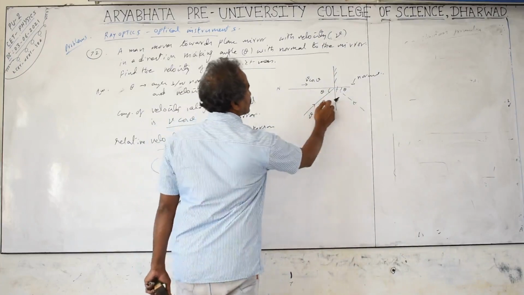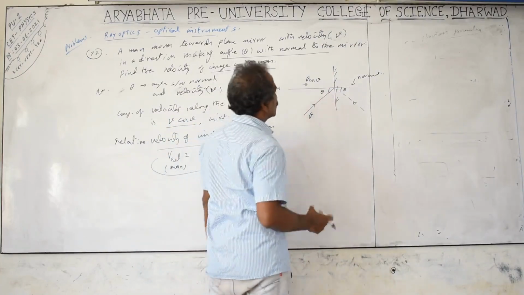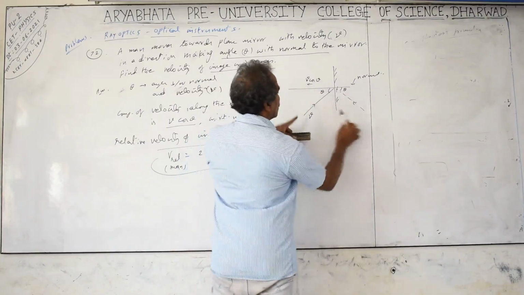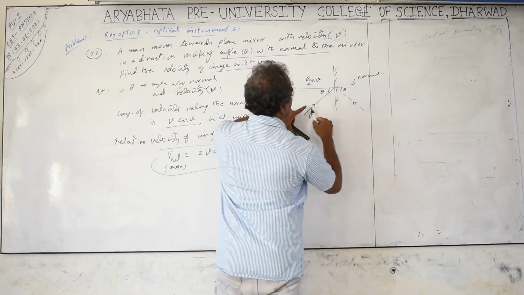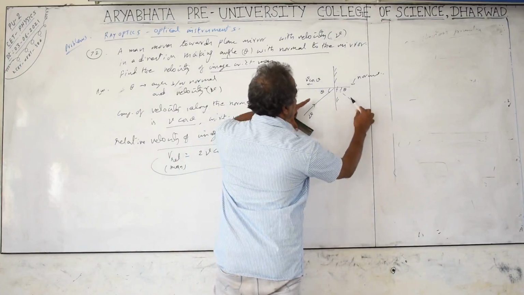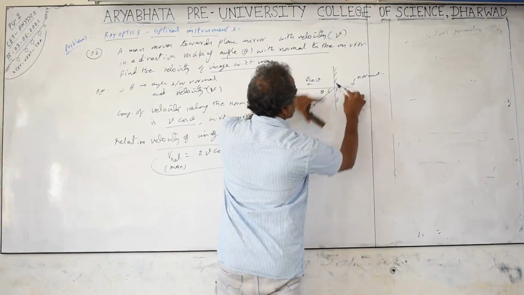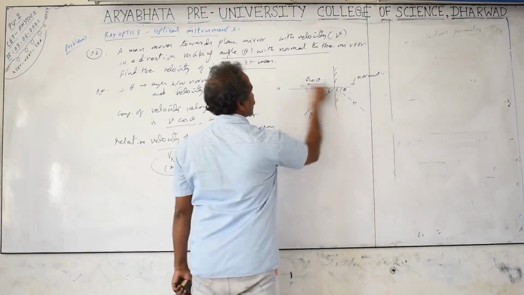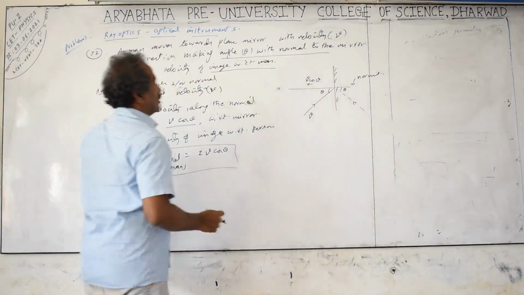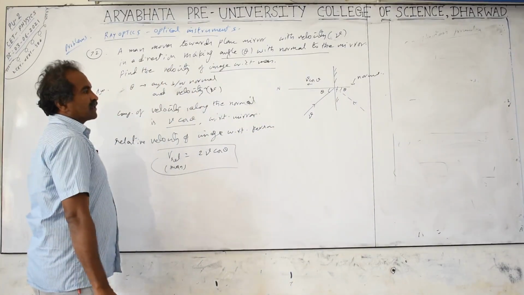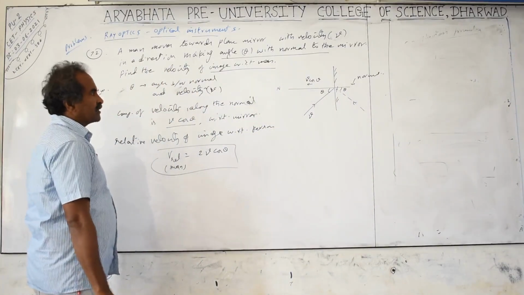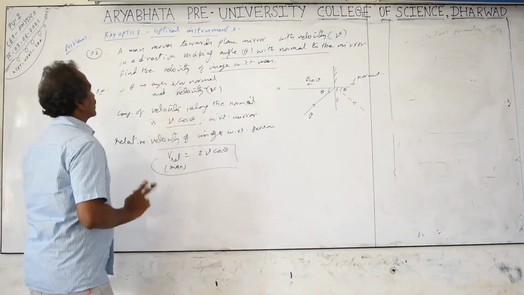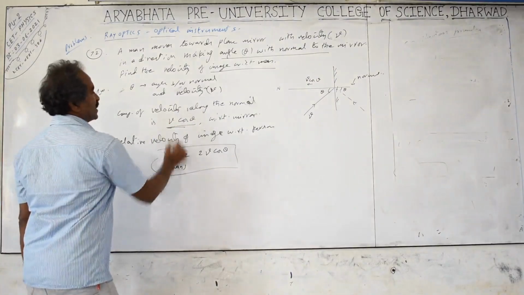If the person is moving towards the mirror, the image also moves toward the person. Toward the person means the image will be in this direction. If the person is here, the image is here at the same distance from the mirror. As the person is moving towards the mirror, the image will be going like this. So this is the image velocity resolved into components. The cos theta component is in this direction, V cos theta. The person is moving towards the mirror, so the image moves toward the person inside the mirror with the same velocity, V cos theta. Only the component perpendicular to the mirror needs to be taken. V cos theta is the velocity with respect to the mirror.